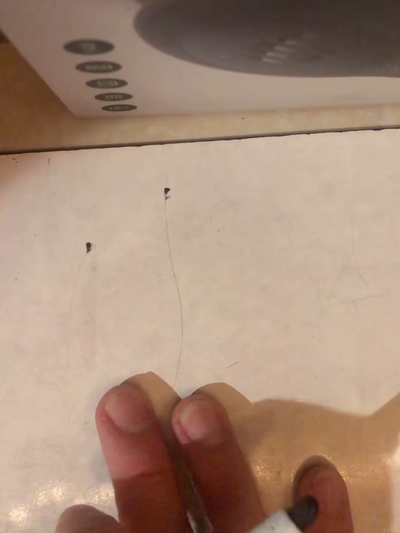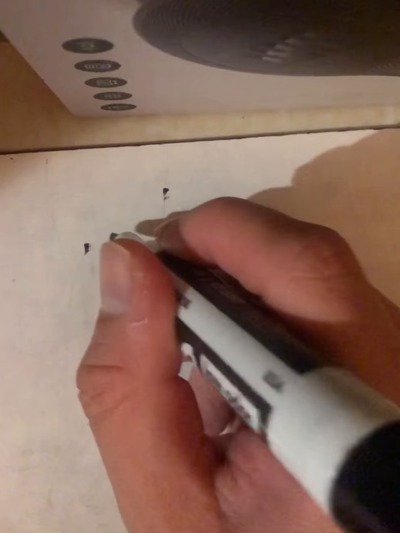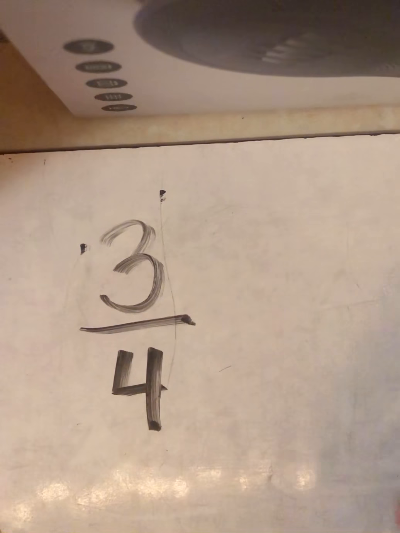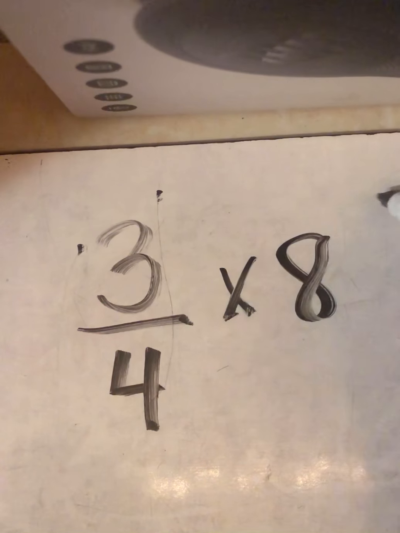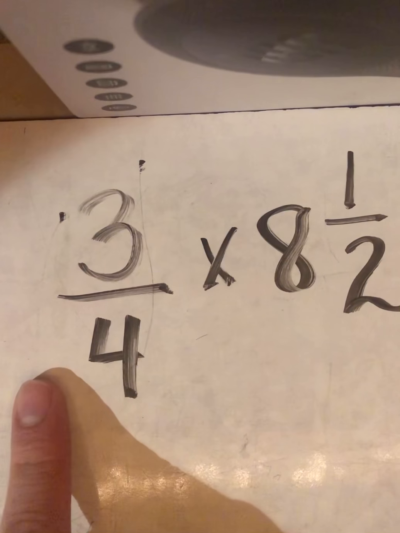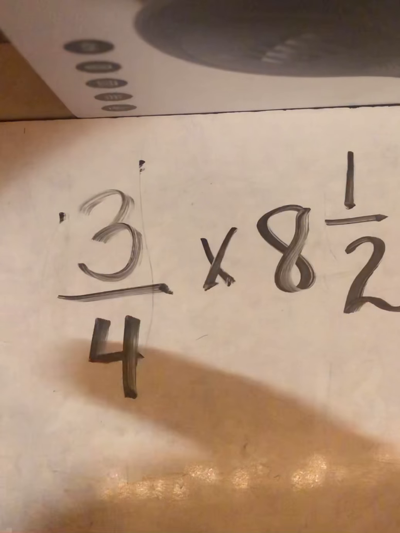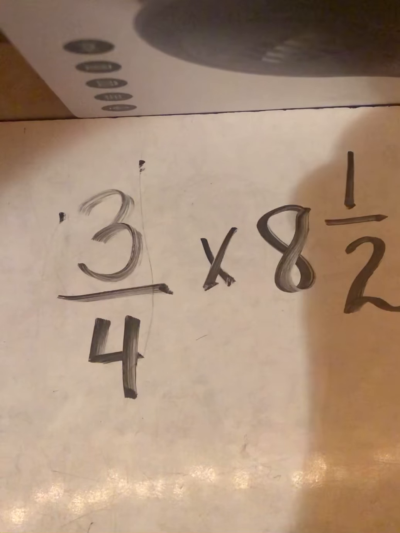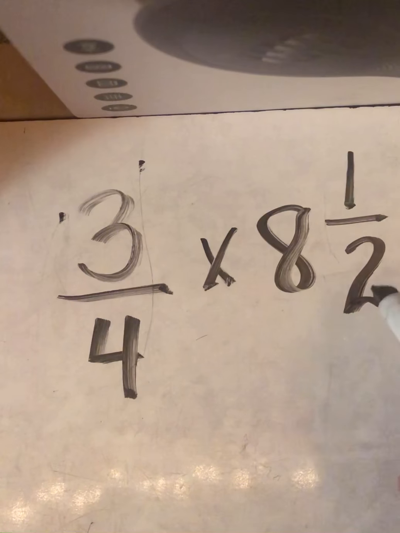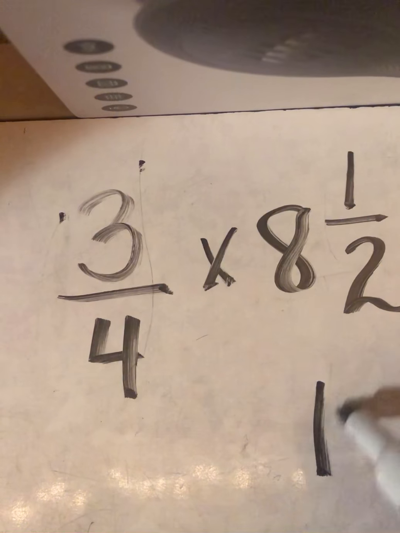The last example that I will go through will be 3/4. Oh, it's a different one. 3/4 times 8 1/2. 3/4 is already a fraction, so I'm not changing it into anything. 8 1/2, however, is a mixed number, so I have to change that into an improper fraction. 8 times 2 is 16, plus 1 is 17. So then I rewrite this as 17 over 2